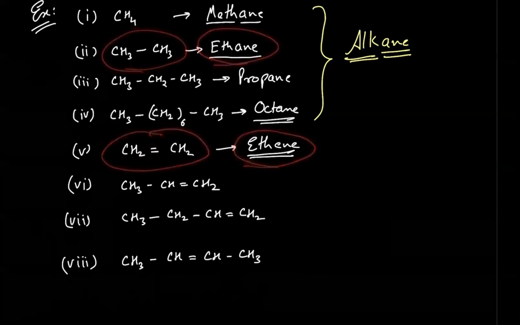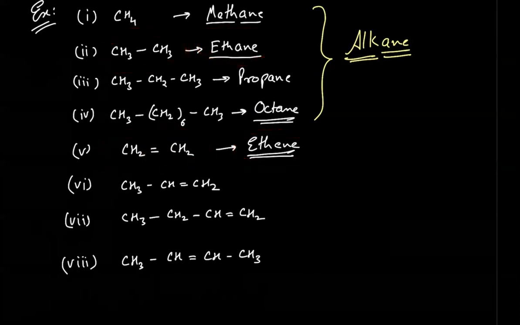Let's move ahead. The next compound that we have is three carbon atoms and a single double bond. And it does not matter if you place the double bond here, or it would have been here and this would have been single bond. The name would have been the same, and this would have been called, because of three carbon, prop, and because of the double bond, ene. So the name comes out to be propene. In flow, we call it as propene.